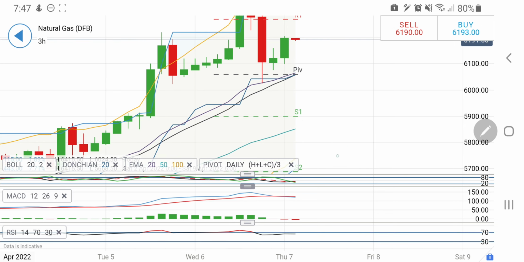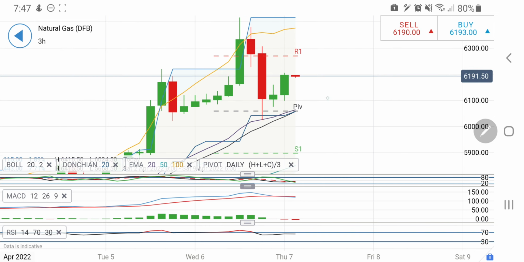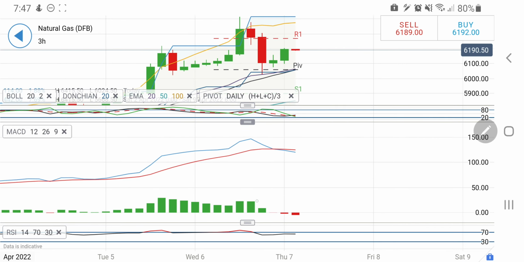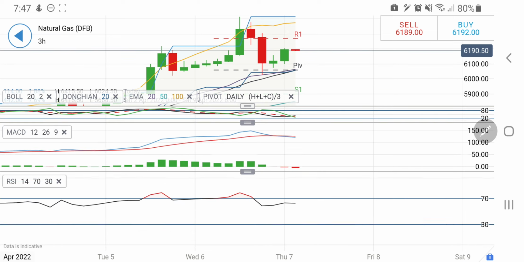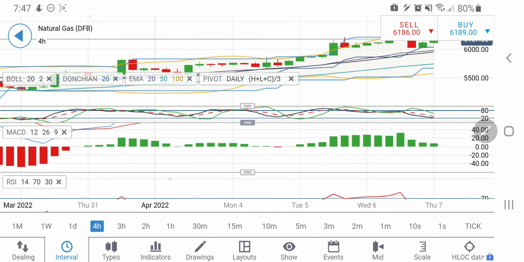The next support is only at 5.9. So yes, below 6.1, one can go short. At the same time, the next resistance zone is at around 6.28, and then it can try to fly again on the upside. 3-hour stochastic looking upwards. MACD has just crossed over and indicating probable bearishness here, so we may see a couple of red candles also, and RSI not showing any symptoms there.